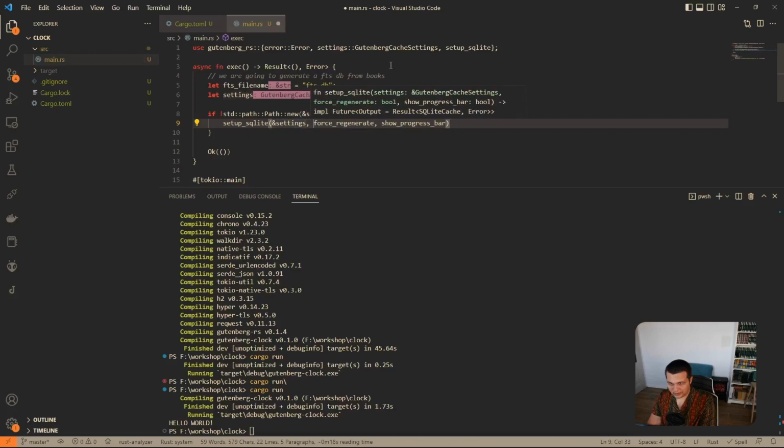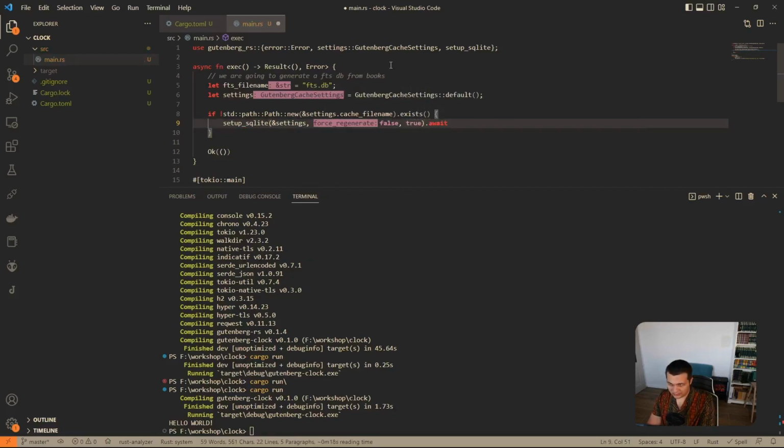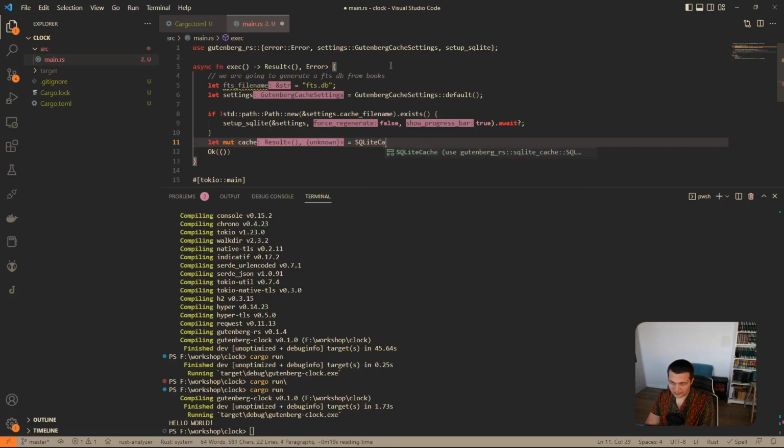If this exists, we won't do anything, and if it doesn't, we're going to set up the SQLite. This is going to ensure we have SQLite cache populated and ready to go. No forced recreate, and we will show the loading bar. So await this and return if error. Now we're going to get the cache we created above. SQLite cache, get cache with these settings. Okay,